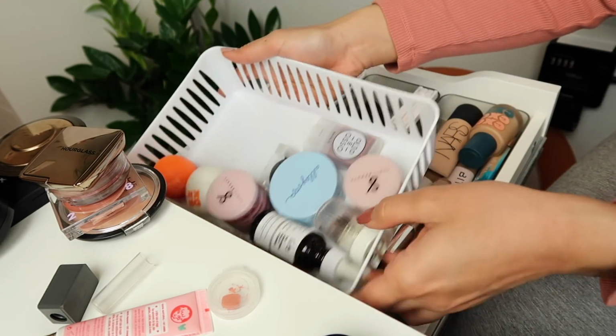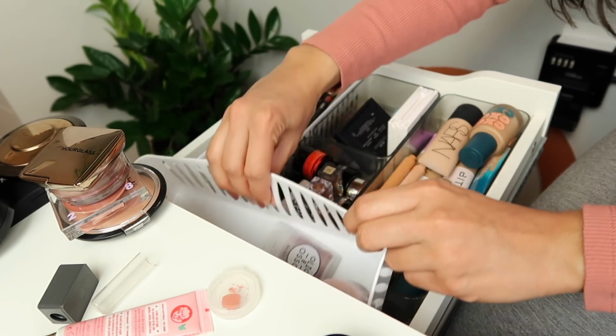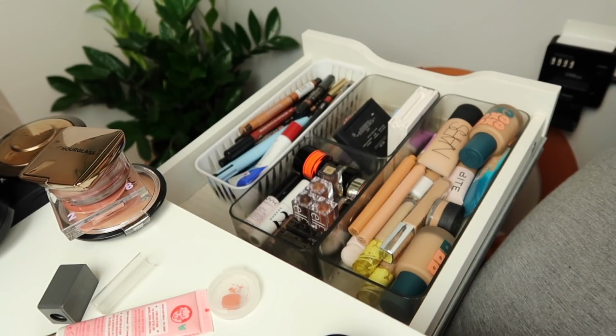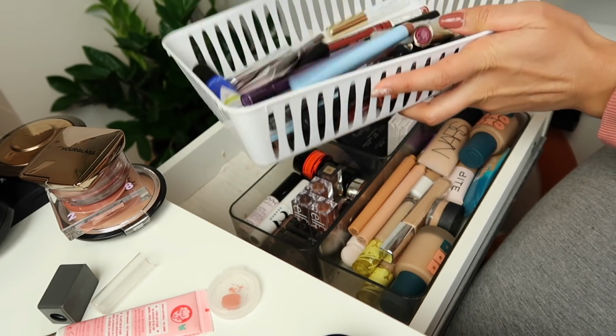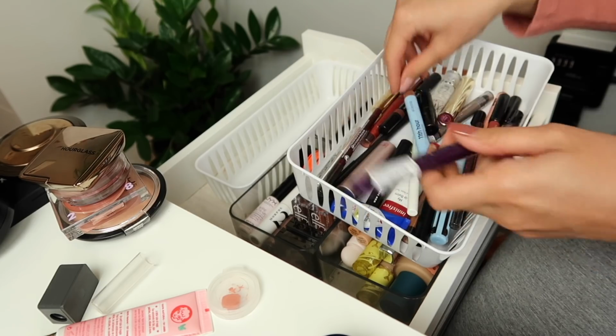And then maybe I can have an extra drawer or extra insert kind of back here. I could just have random stuff, but I'm just moving that. I'm going to take all of these products and dump them in here and then leave that empty, and then I'll go through each of them. These